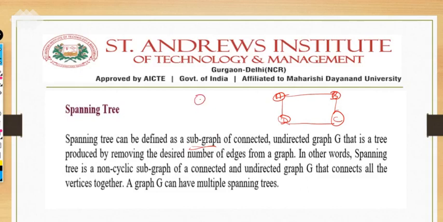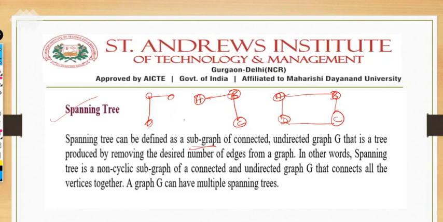If I'm just rewriting the subgraph here, this is B, this is C. This particular one is also a graph and it is a subgraph of this graph. This is also a subgraph, so multiple subgraphs can be possible for a graph. I've already told you, a connected graph without any cycle is known as a tree also. So that's why we are studying spanning tree here. No need to be confused that in the tree concept we are studying the graph itself. A graph which does not have any cycle and in which all the vertices are connected is also known as a tree itself.